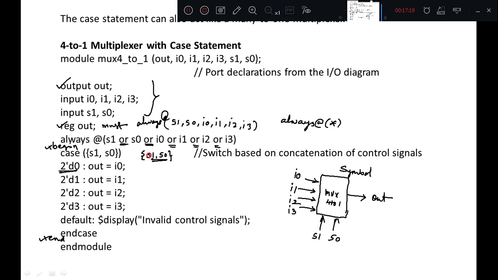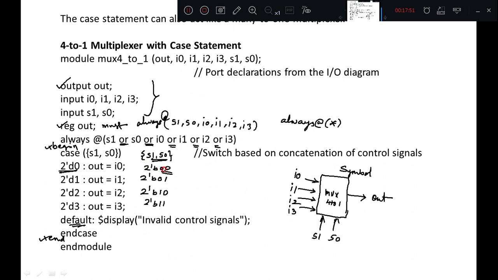After concatenation, S1 and S0 can take values in binary: 00, 01, 10, 11, or the default value. So default we are writing at the end. When S1 and S0 both are 00 in binary, you can observe the same value 2'b00 can be written in decimal also.